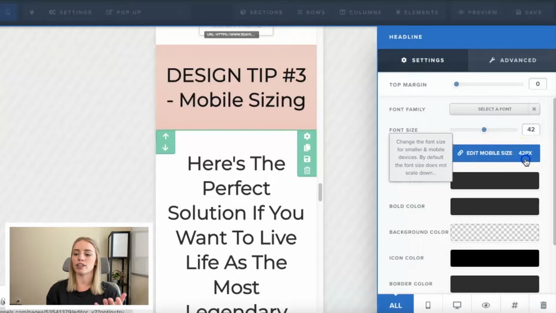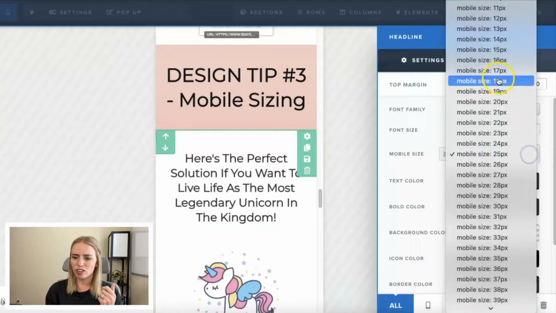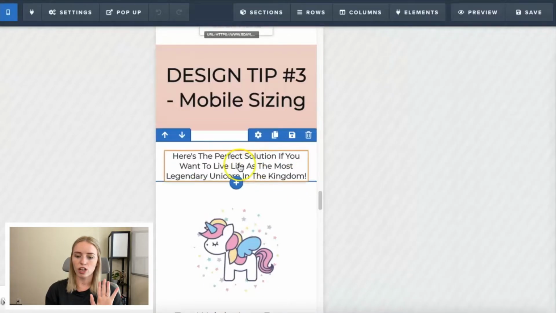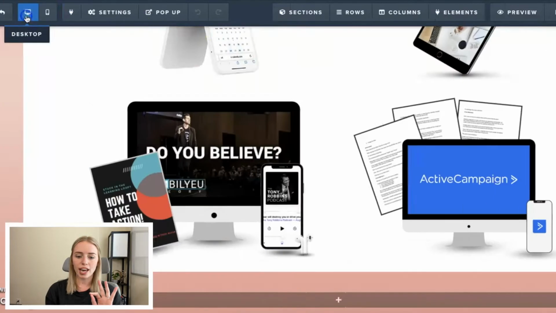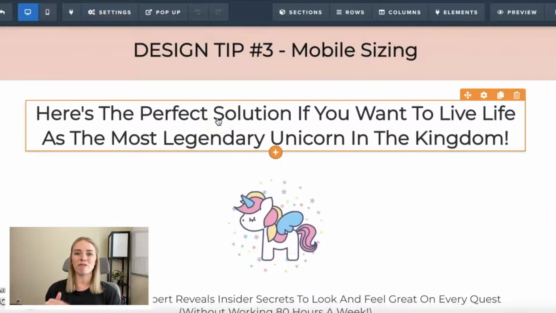You can see right now it is 42 pixels. And I'm gonna go down, let's see, to 25. Okay, maybe a little bit less. Let's do 17. Awesome. I love how that looks. So now it's 17 mobile size. And if I go back here to the desktop, scroll up, it doesn't affect the text size on the desktop,